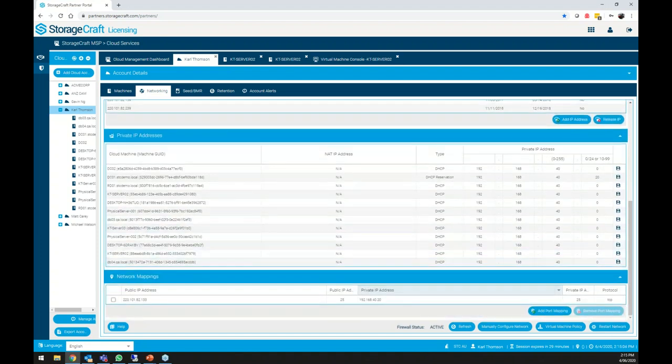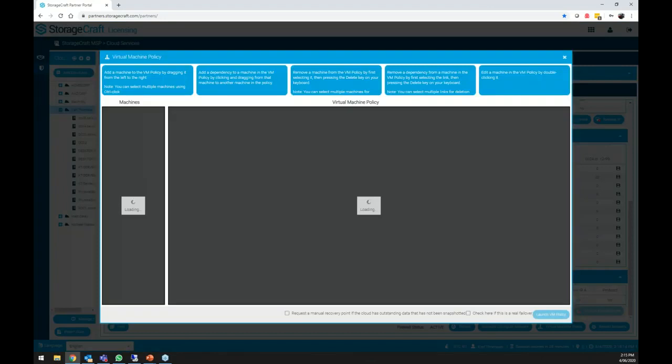It caters for most scenarios, but again, if you need something more complex, you can manually configure the network. And finally, we've got this cool patented virtual machine policy. I really like this feature, particularly if you've got multiple servers for a customer. The idea is you pre-configure the firewall, you come in here, and you drag the machines from the left